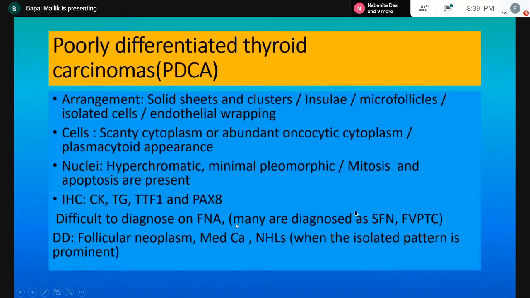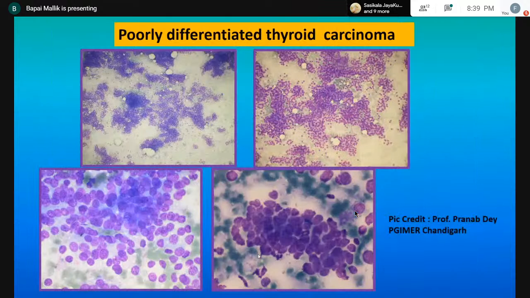They are difficult to diagnose on FNA. Let's be honest, they're not very easy to pick up on FNA, and many are diagnosed as suggestive of follicular neoplasm and sometimes even follicular variant of papillary thyroid carcinoma, and even sometimes NHL when there is an isolated pattern. Then this is a set of slides which have been kindly provided by my guru, Professor Pranab Dey